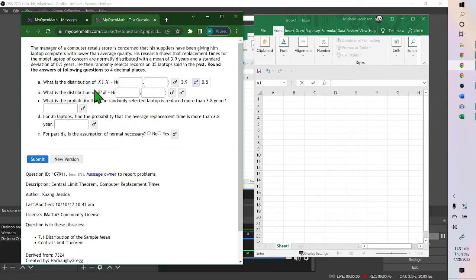So the first distribution, the capital X, that's using the population or the one given. And you use your mean and the standard deviation given in here. This is just helping you set up so you know when you're doing the problems down here which one to use. Now notice the second one, it has X with a line over it instead of the capital X. This is for the sample, and the sample was 35 laptops. So for this one, the mean is the same, but for the standard deviation, what you do